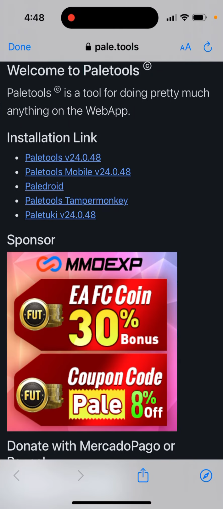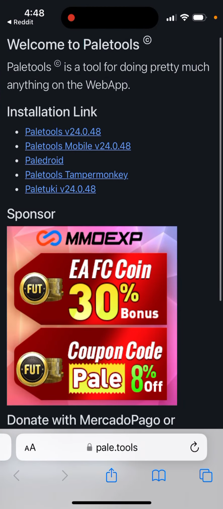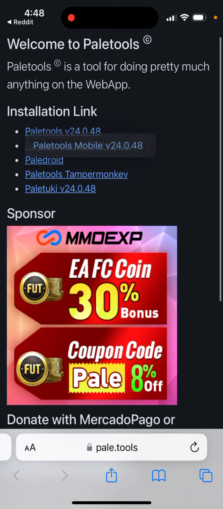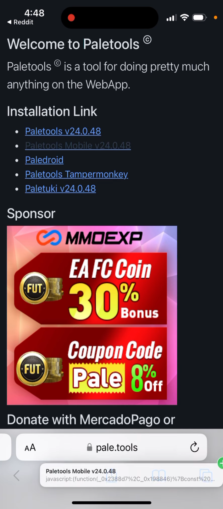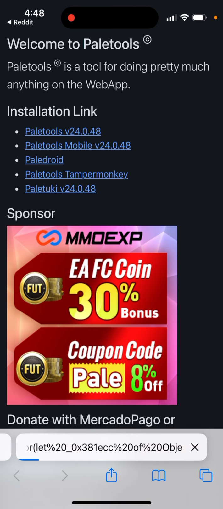So let's just try it out. For example, I have this paletools mobile link here. I just tap and hold on it, and then drag it. Then you see this plus icon, and I just drag it here, and then it starts loading. So in that, I think you just need to,